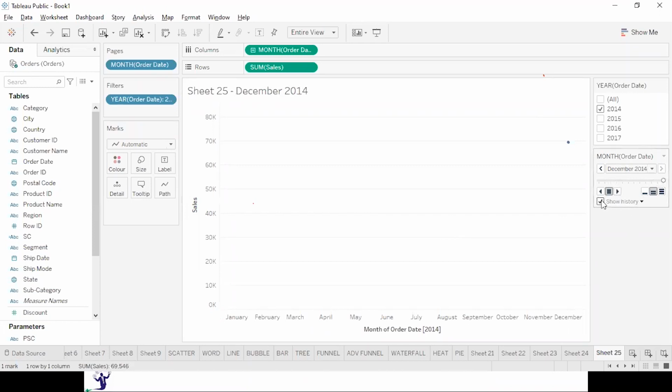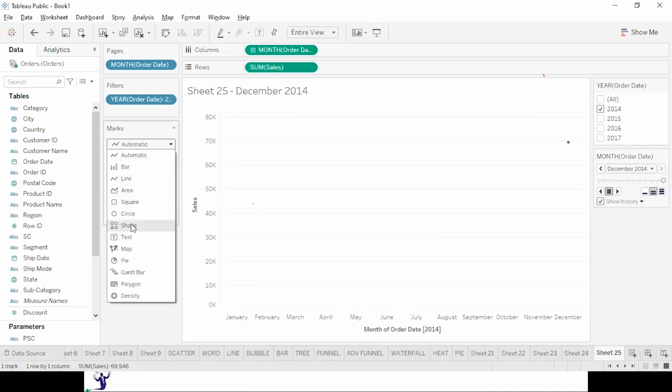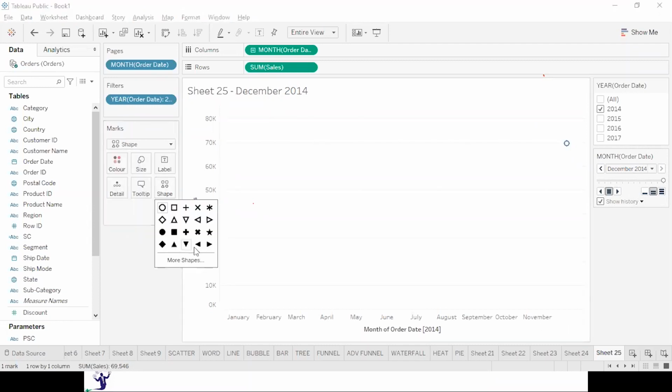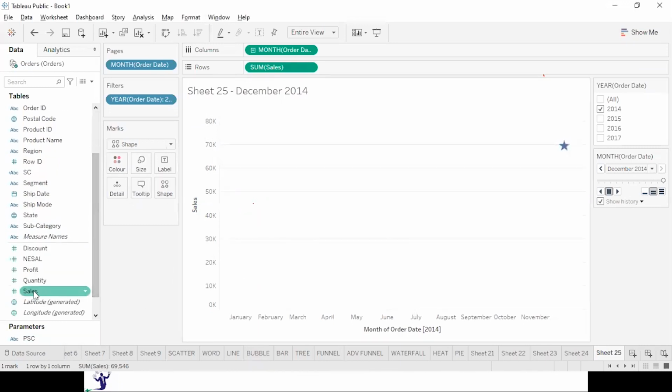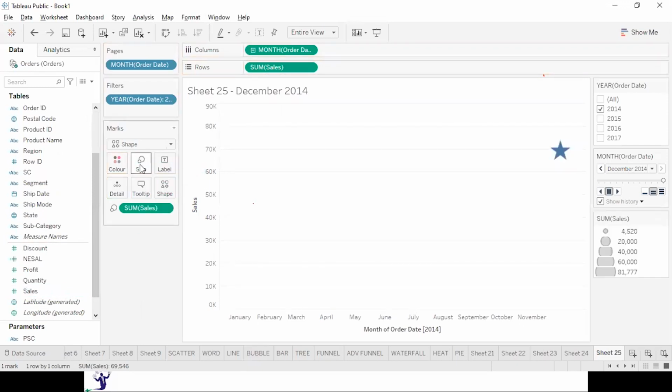Right? I will say show history, click on this drop down, and before that, let me go to, instead of automatic, I will take it as a shape, and let's take some better shape over here. I'm taking a star and increasing the size a bit. And I can also take the sales into the size.